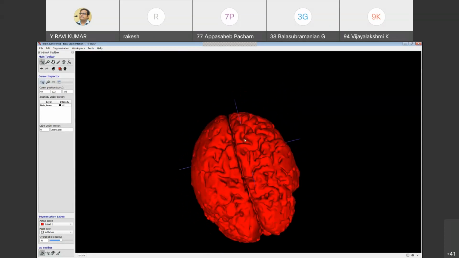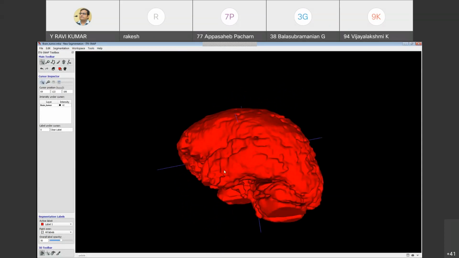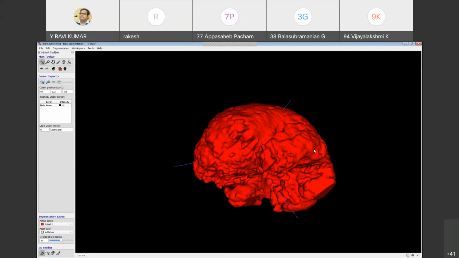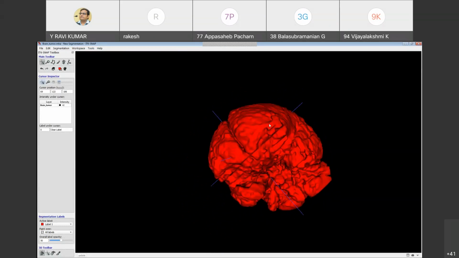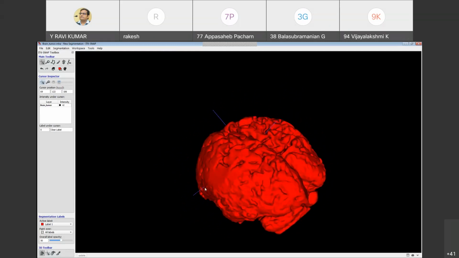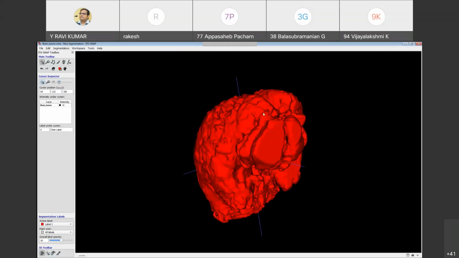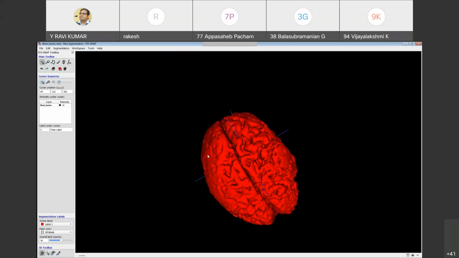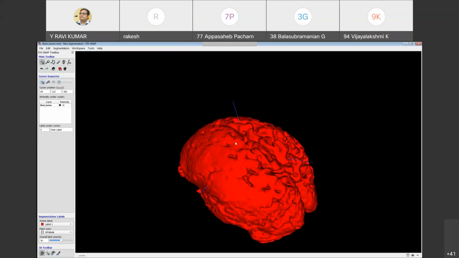Now you see the brain model is visible, right? So yes, I have a brain.